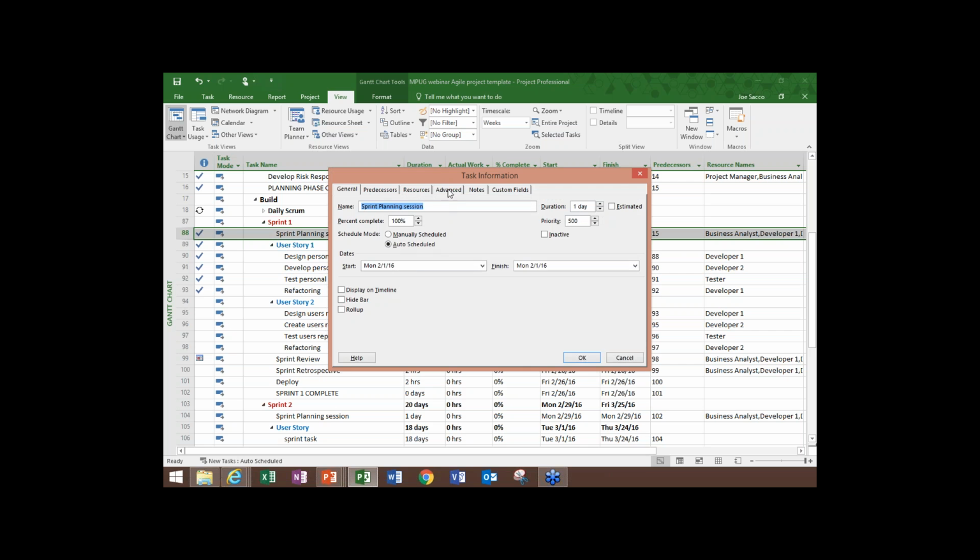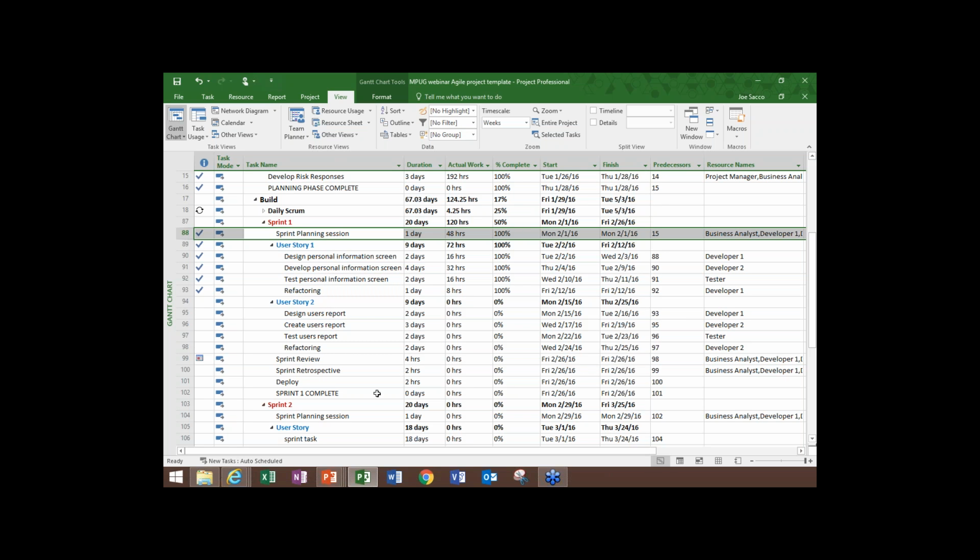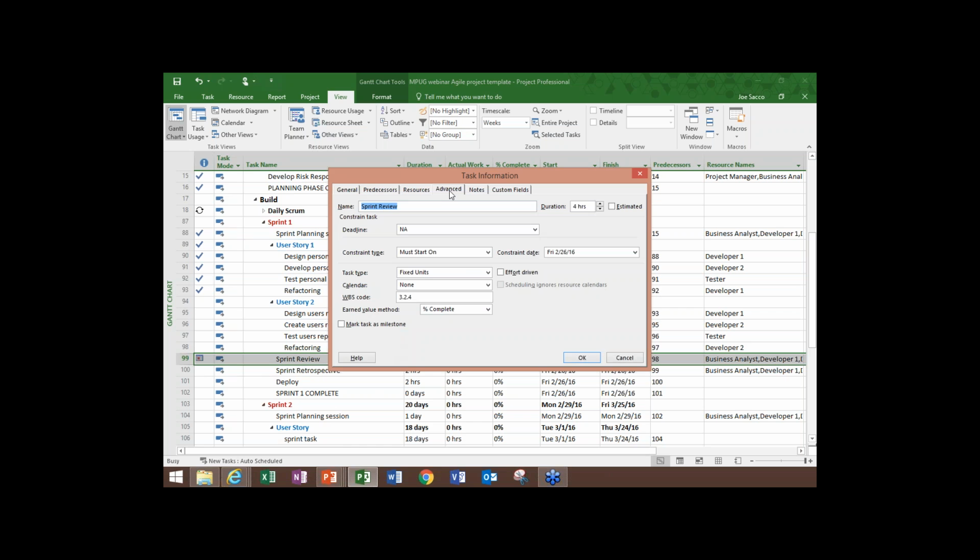And if I go to the advanced tab, I can see that I have a must start on Monday 2/1. Okay? So I've got a constraint, and this is a hard constraint in Microsoft Project. It doesn't move based on predecessors or successors. If I look at the sprint review, you can see the calendar over here, and with the red dot, that means this is a hard constraint. If I click on that, I can see it's must start on Friday 2/26.